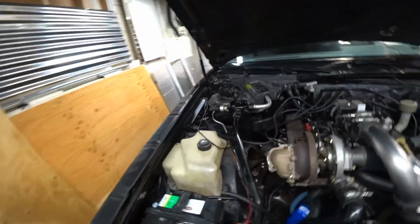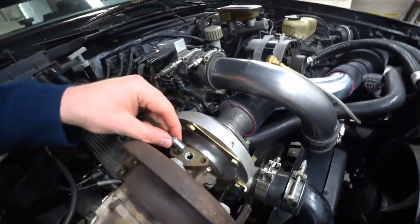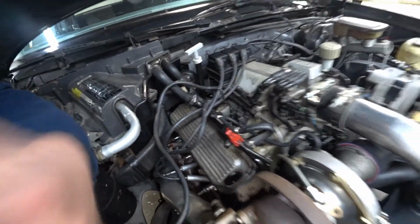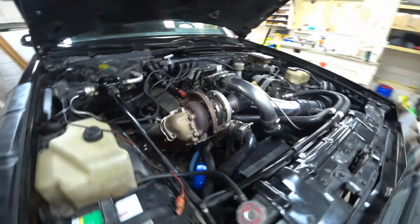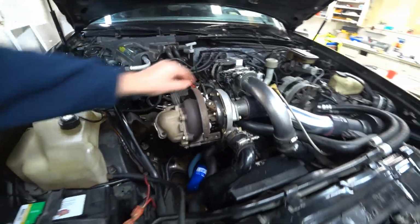Okay, so I'm going to end this video, show you how the tube is installed. In the last video, when we stripped the tube, it did strip the brass fitting here, and I didn't want to go out today and get another fitting. I'll do that throughout the week, and then next weekend I come over here. We'll install that fitting, hook up the tube, but if you take a look,